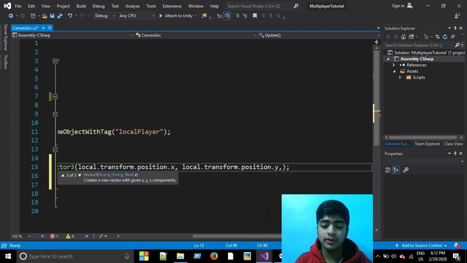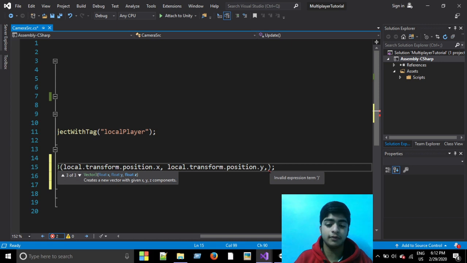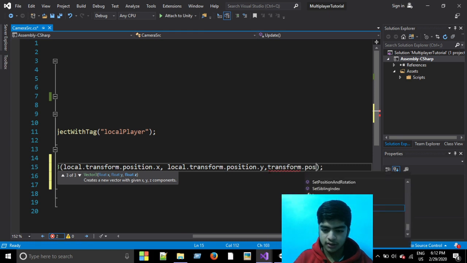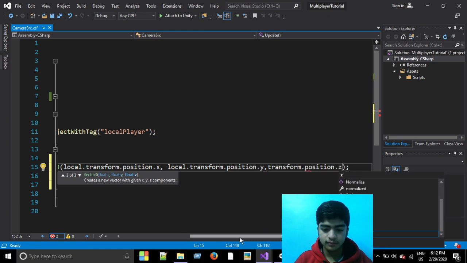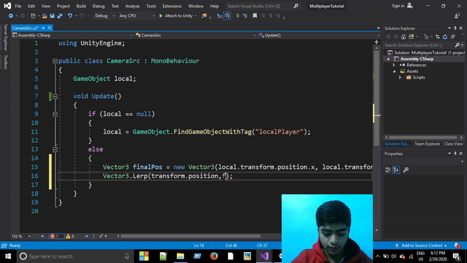And the z component of the final position should be the z component of our camera. So it will be like transform.position.z. So now our final position is created,